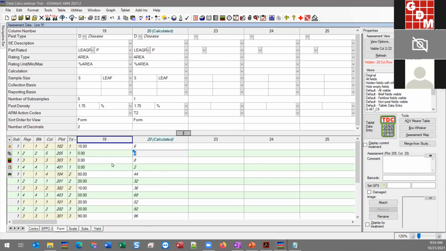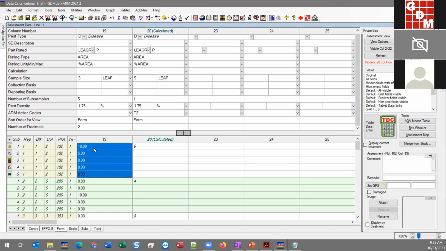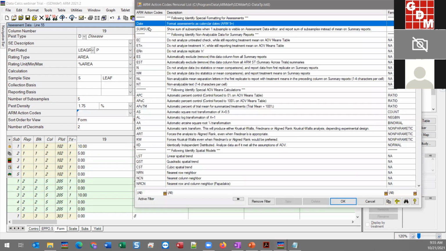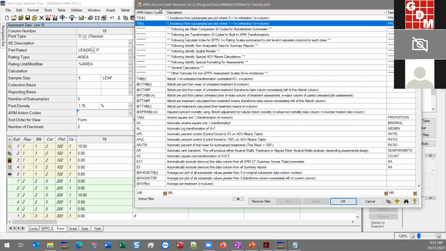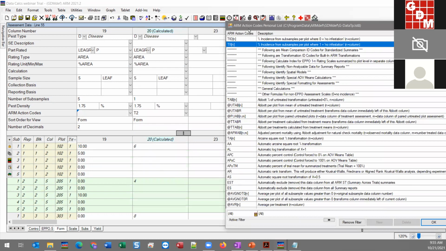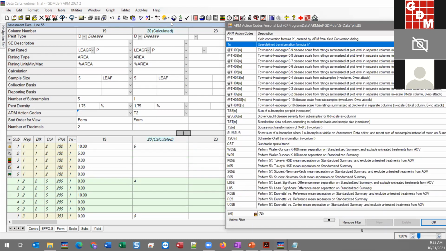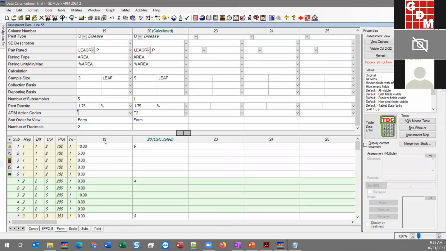working with subsamples. If these subsamples were something like a yield, where you really wouldn't want the average of the subsamples, but you really would want the total to be used, then there is an action code called subsum. And so that changes the default behavior of ARM for this column, so that anytime we summarize subsamples, which is exactly what we did in column 20, now I goofed up my sort. Let me close this. Exactly what we did here is we summarize the subsamples down to one value, the average,